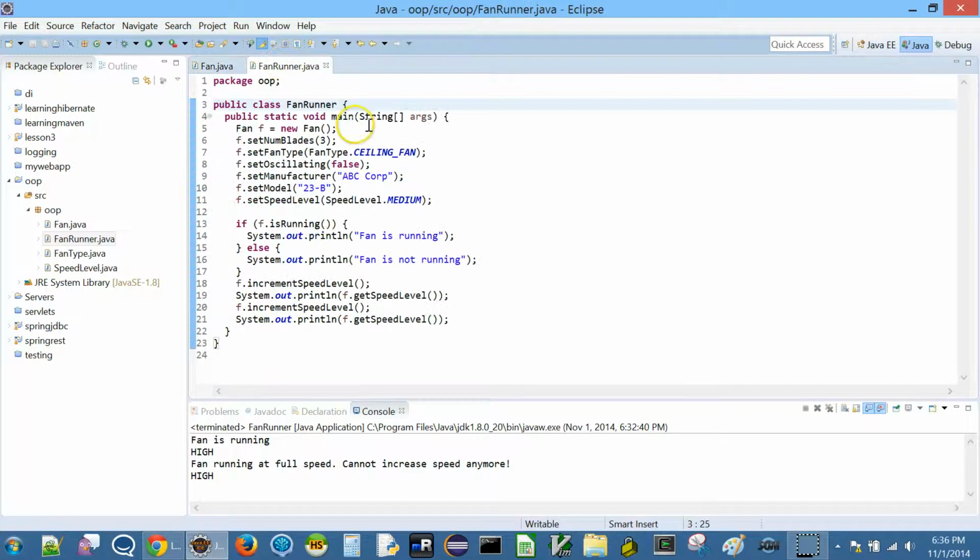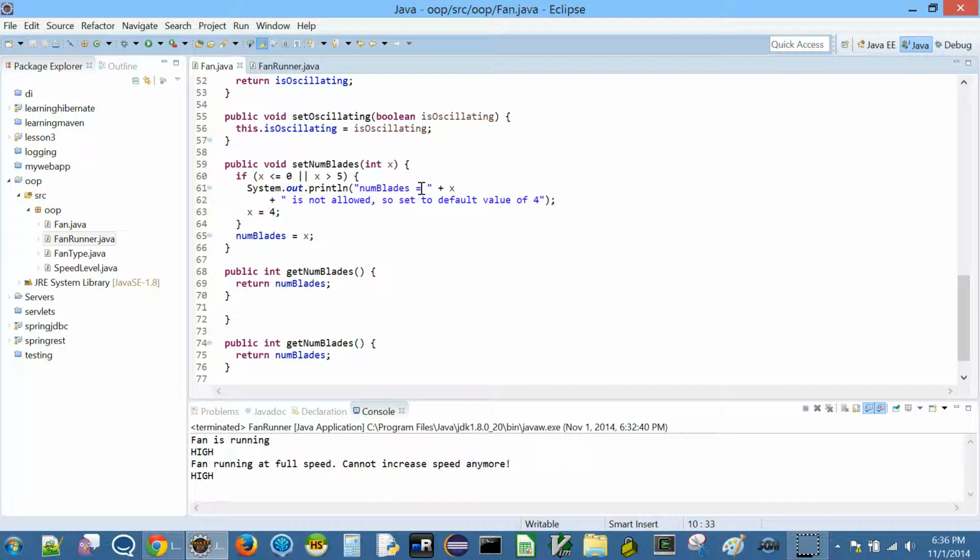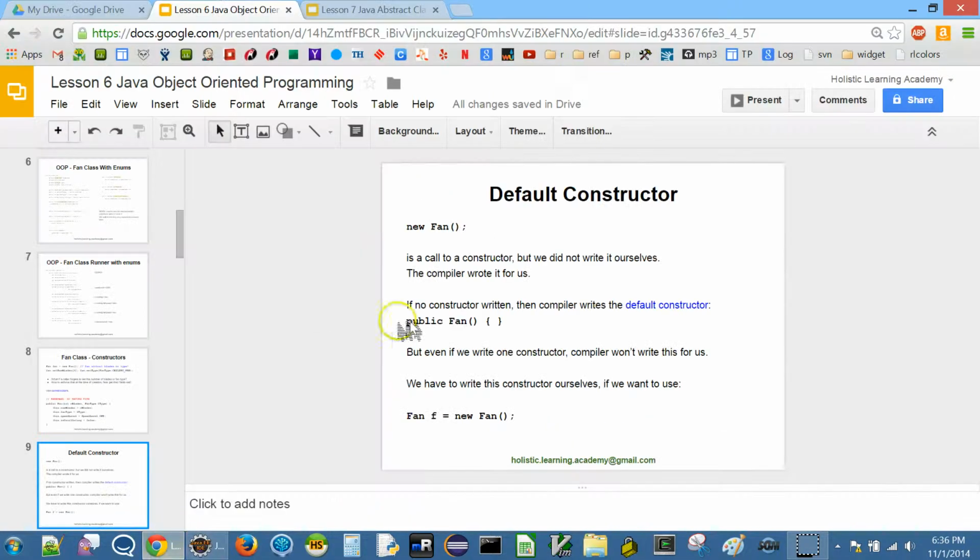Now when we did new fan, what really was happening in the background? We said new fan, but there is no constructor we wrote here, right? We didn't write any constructor. So what's going on in the background is what we need to know. So that's what the next slide talks about. So the new fan is a call to a constructor.